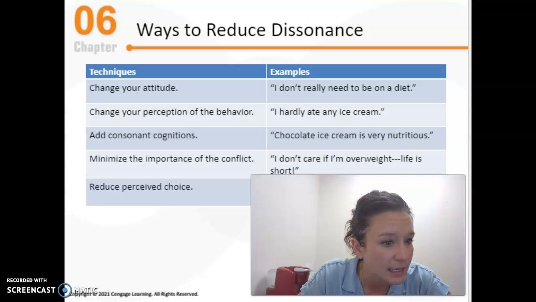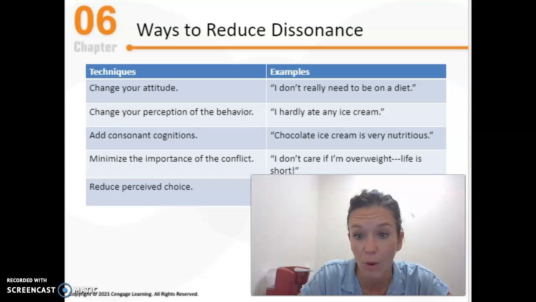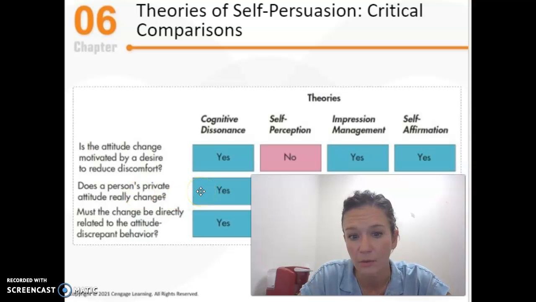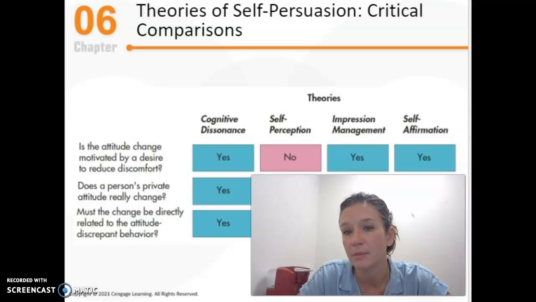The rest of the chapter, that is the end of what we went over today. The only other slide I would recommend you look at is slide 52. It gives some comparisons of the different theories of self-persuasion. The one I mostly want you to look at, though, is